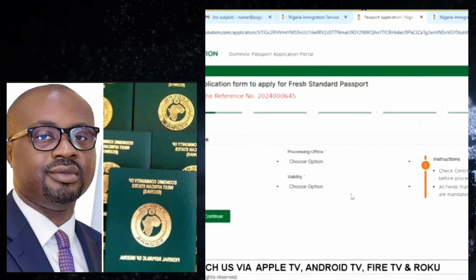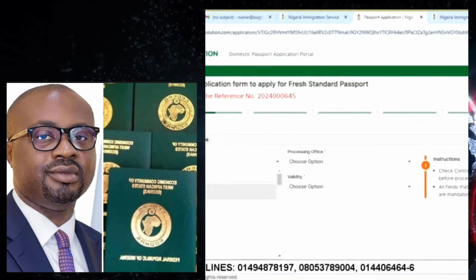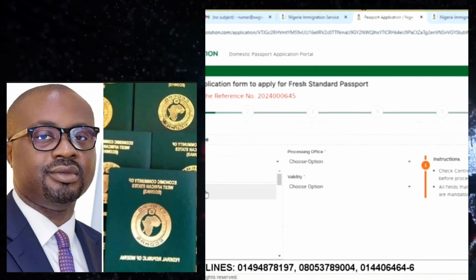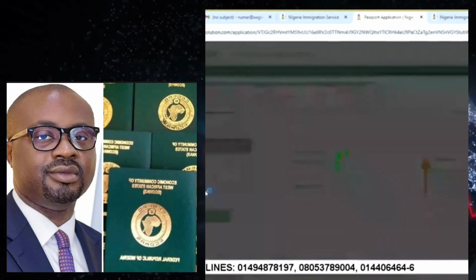Then you choose the type of passport that you want to apply for. I mean, you choose your processing state, sorry. Okay. So maybe I'll pick Abia for example. Now you pick Abia, then it brings you the processing office that we have in Abia. Drop down, so you pick that in Abia, Umuahia, and as well you can check your appointment availability at the center. That's just for the purpose of only biometric. That shouldn't take you 3 minutes.